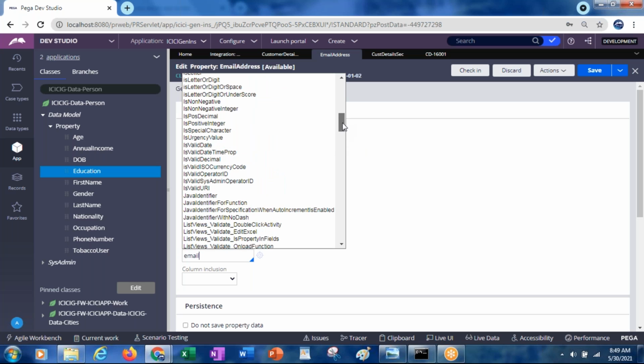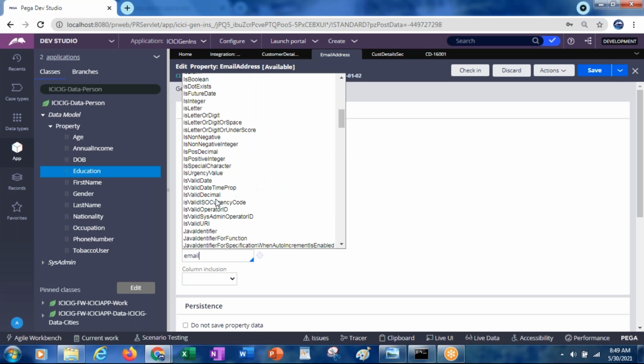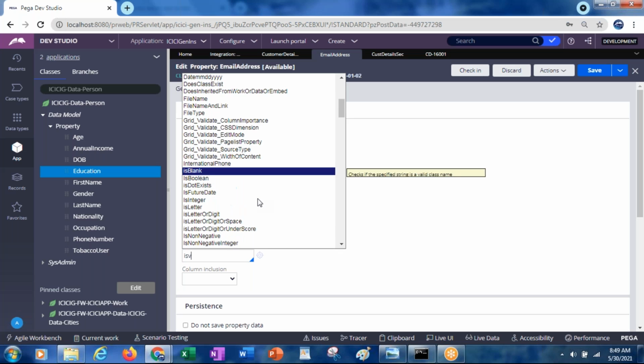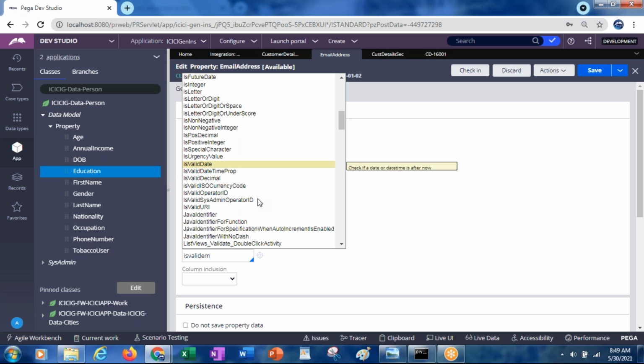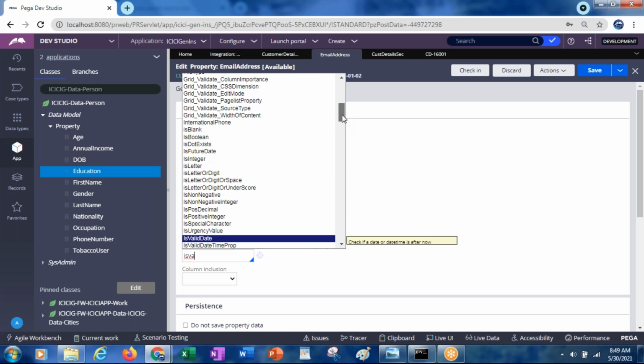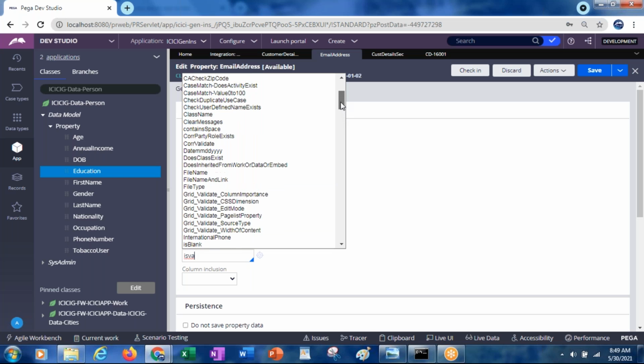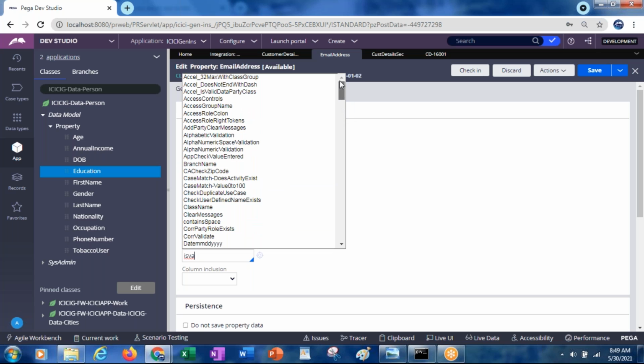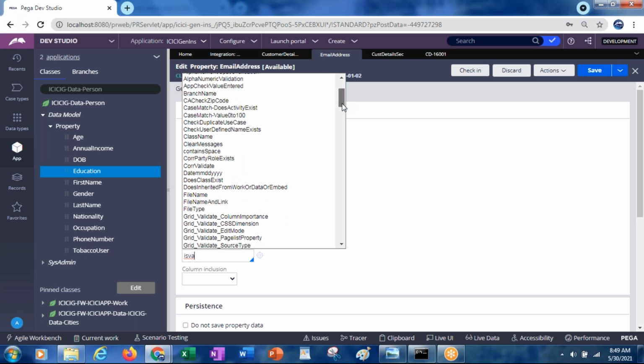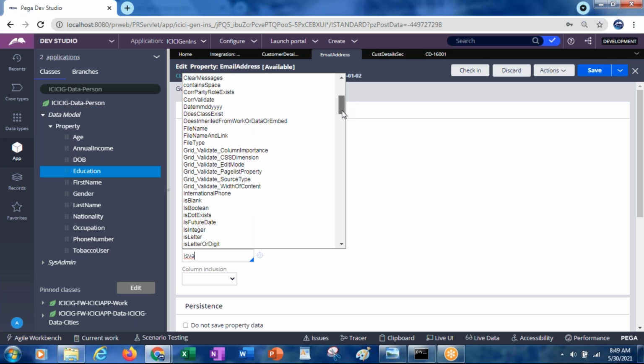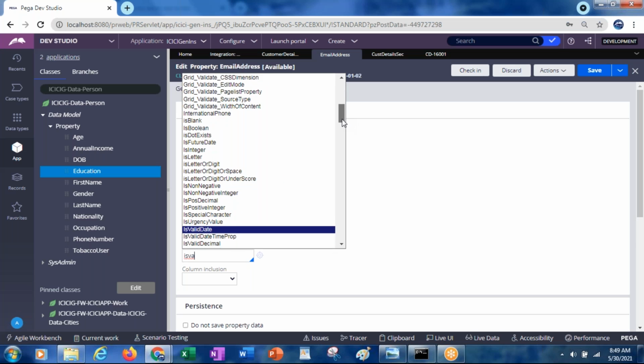Not there. Do we have anything related to the email? Valid email address is there.